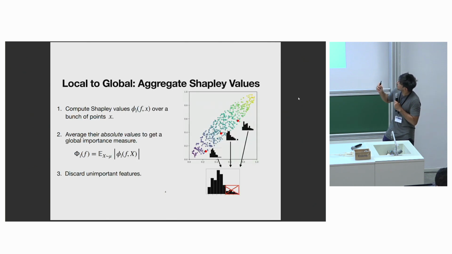So in this work, we're interested in this local to global thing that people do all the time in practice. We found at least 10 plus papers, especially in natural sciences, where the way people use this local attribution tool is they average it over the data set after taking absolute values to avoid cancellation, so that they can figure out what the important features are and what the unimportant features are. And I want to emphasize a lot of times in these applications, people are less interested in the final product of a model and more interested in just trying to understand the data. So it's becoming a common practice to just train an XGBoost model over your data set, apply SHAP everywhere, plot some histograms, take some averages, and try to understand the science of what's going on.